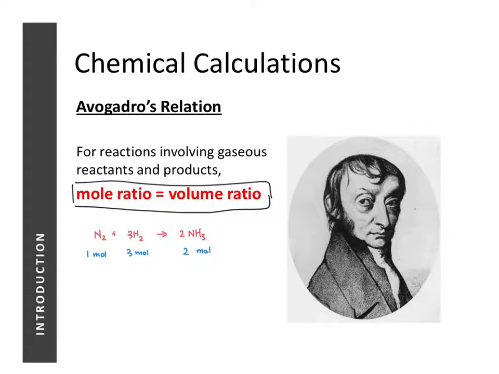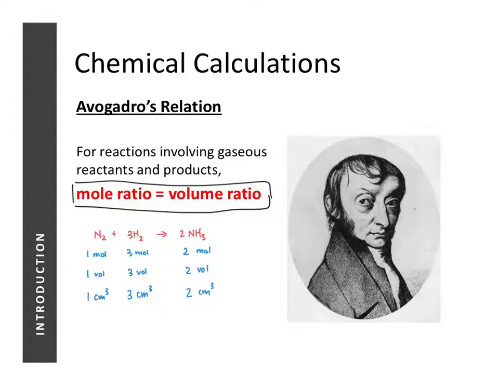Since they are all gases, it simply means this: one unit of volume of N2 will react with 3 volumes of H2 to produce 2 volumes of ammonia. If volume is too abstract for you to understand, it simply means this: if I have 1 centimeter cube of N2 undergoing reaction, it will react with 3 centimeter cube of hydrogen to produce 2 centimeter cube of ammonia. Okay, so bearing this in mind, mole ratio equals volume ratio, let us see how we can solve the